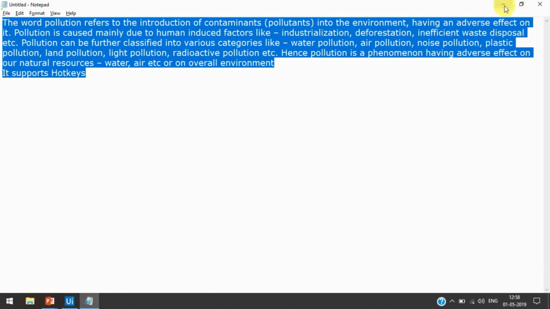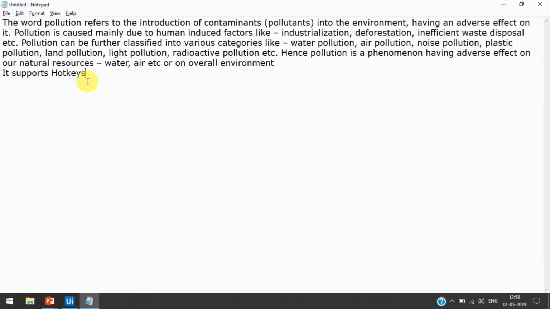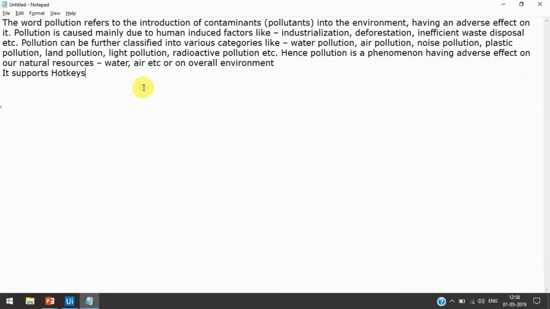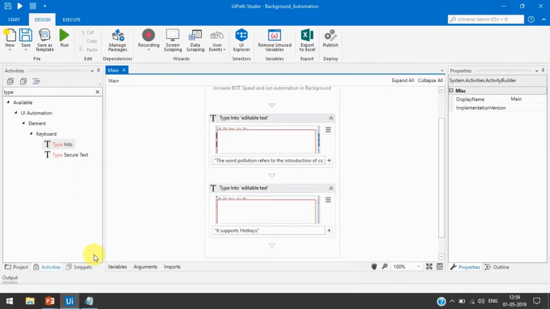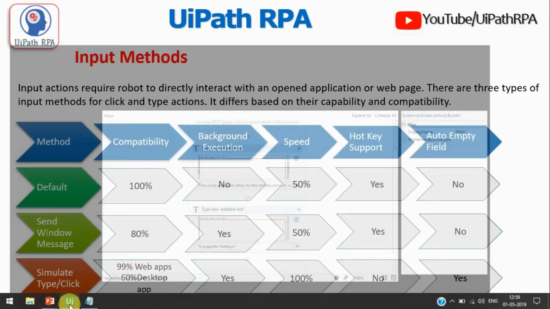Now I'm keeping this in the background, and as I already told, this simulate type click method has the ability to remove all this data, but if we use the default method, it will only remove one line of data. So now I'm going to keep this in the background, and let me run this one.